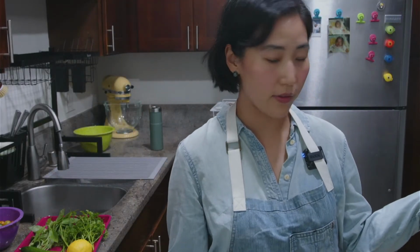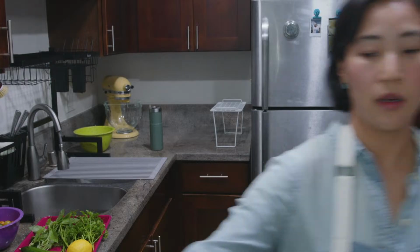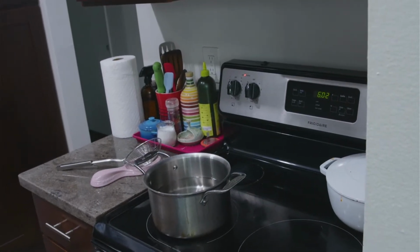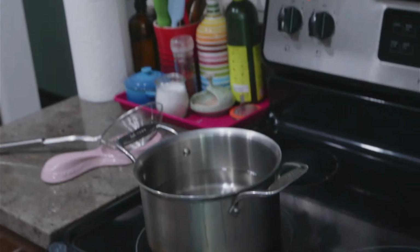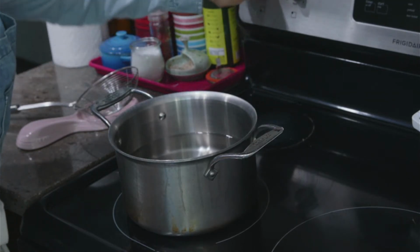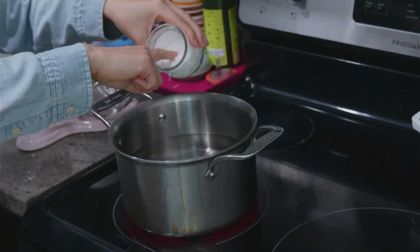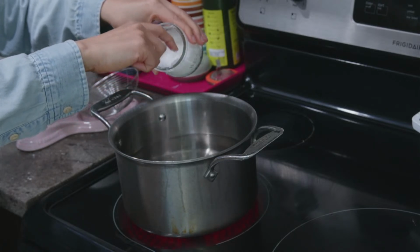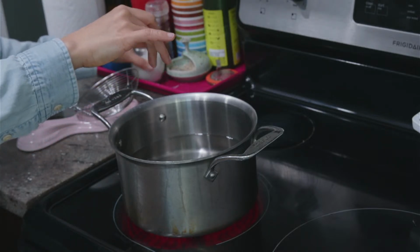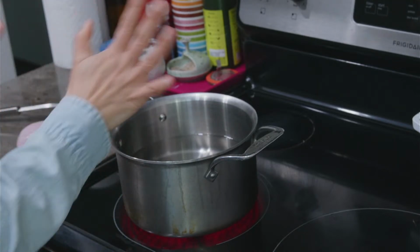So I'm gonna start with boiling the water for the pasta. Heat up the water, and then I'm going to put a lot of salt, almost like a tablespoon maybe. The water has to be salty as the sea, as they say. So I'm going to let that come to a boil, and then